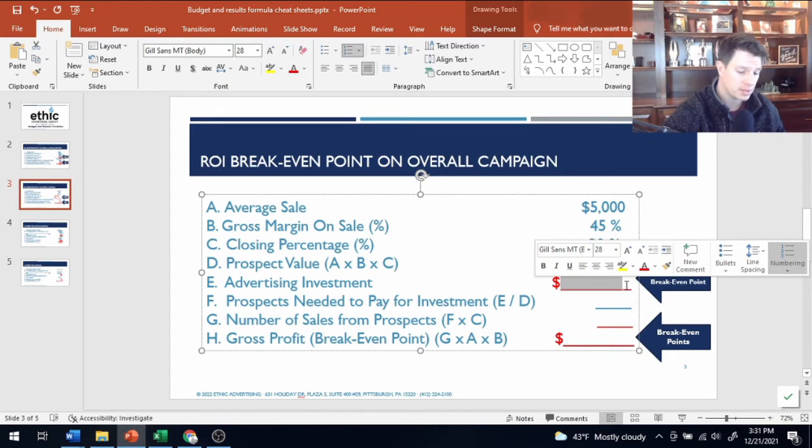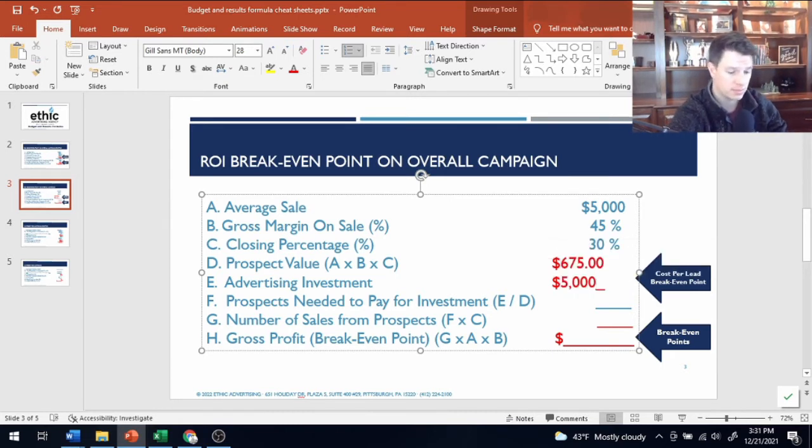So if you don't know what it is, let's say you're going to spend $50,000. Missed the zero. There we go. $50,000 on there. But you can also do the same thing like, what if we spent 100? What if we spent 25? What if we spent $1 million? Whatever it is, you can plug it in there.